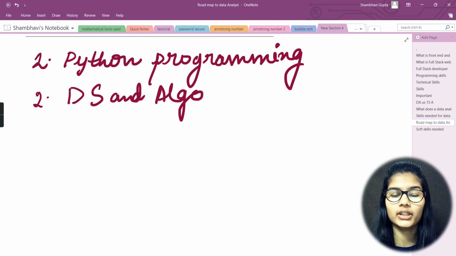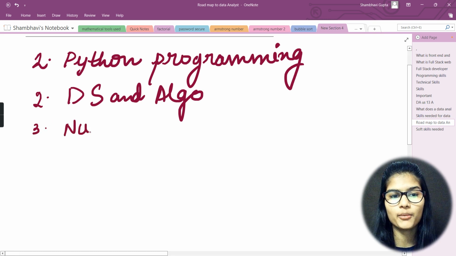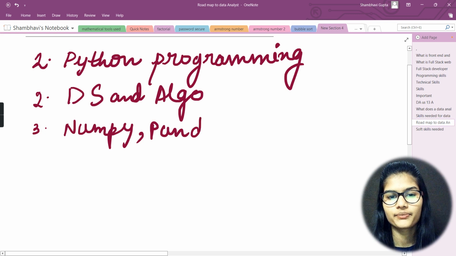You have the different types of time complexities, how the time complexities are actually found out for our respective code, how you reduce the time complexity, and all those particular things. So yes, those are needed as well. So data structures and algorithms, that's your second. Now when you're finished with these, you jump on to the special libraries which you have in Python programming, that are NumPy, Pandas,